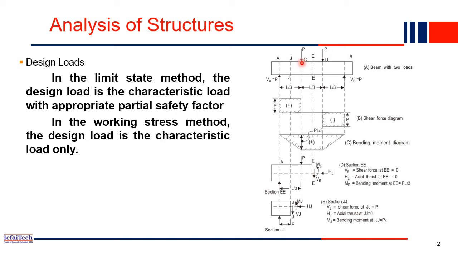Okay, 5 people. So if you consider the loads only for the 5 people, then what will happen if suddenly in some function day maybe 50 people came into the structure, but you designed the structure with 5 members? So what will happen? The structure will definitely collapse, because more excessive loads are coming to the structure. That's why we use some safety factor, we call it partial safety factor in the limit state design, which we multiply with the loads.